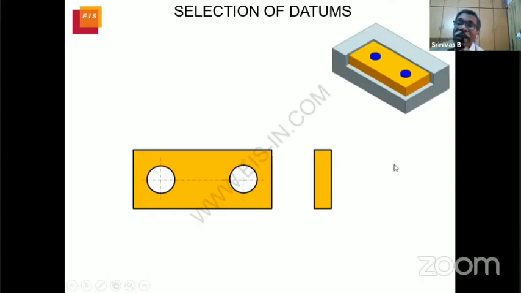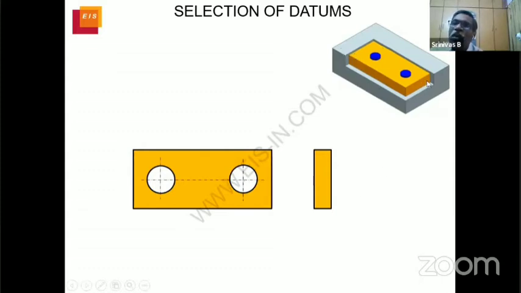So now all our datums are not valid. What we said, secondary can be this also. Do you remember, sir? We discussed secondary can be this or this. Primary can be this surface or this. Tertiary can be this surface or this. But now we are very clear. Primary is only this, not this. Do you understand, gentlemen? The bottom surface is primary. Secondary datum is only this long surface. Tertiary datum is this surface.